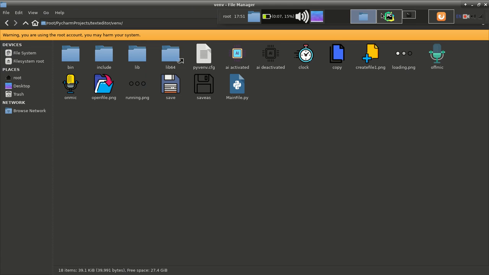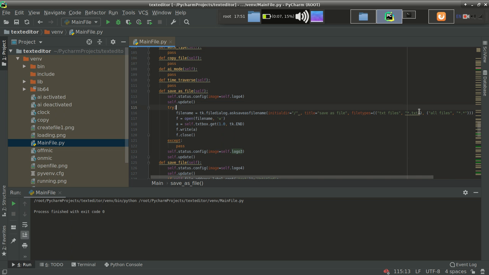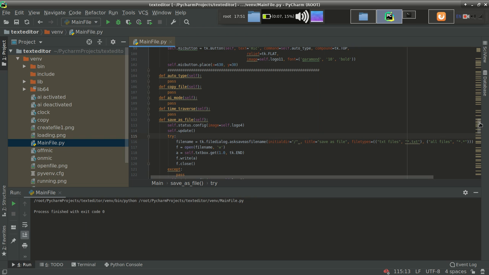So where was my file? Yeah, copy file. So this is our code. Copy file means simply copying the text of the text area. That's our target.